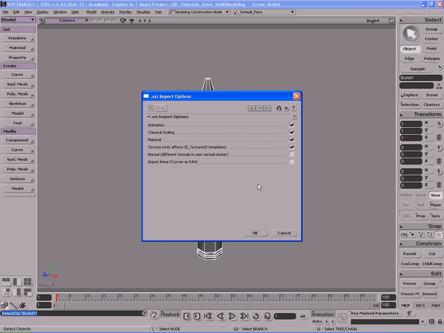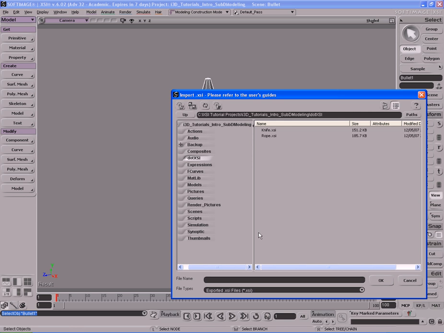And what's going to happen is you're going to get these different settings here. These settings are perfectly fine. Go ahead and just hit OK. And now XSI wants to know where you want to export